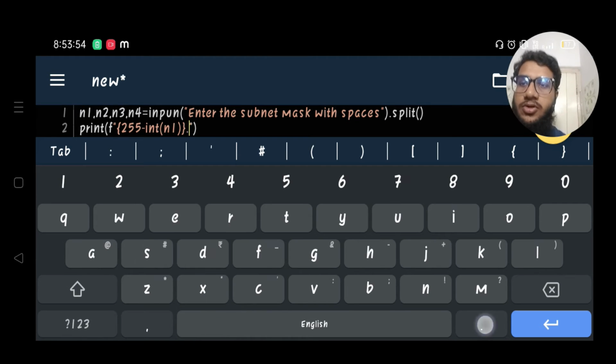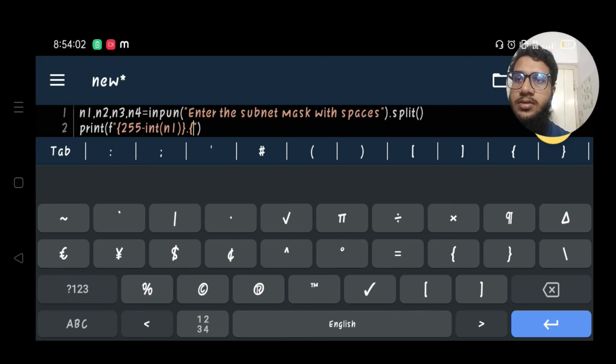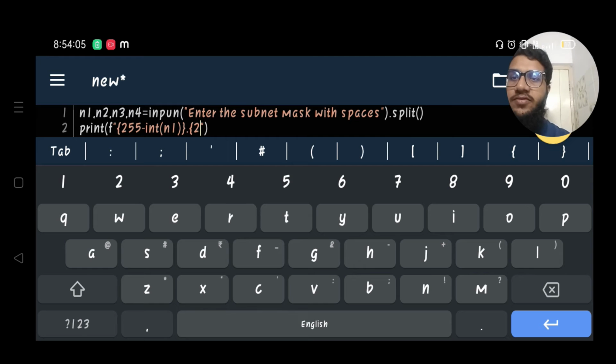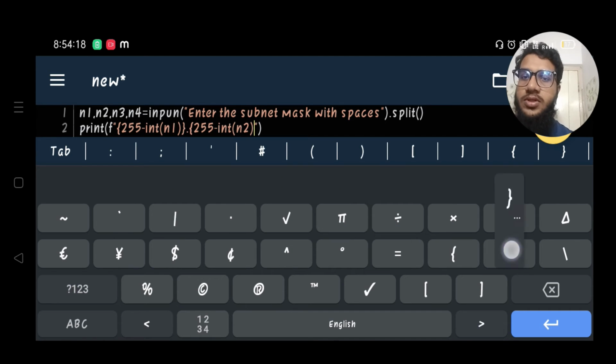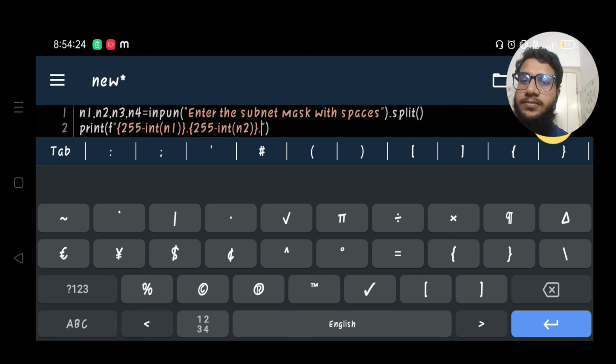After that I'll put one dot, then within the curly braces 255 minus int of n2, bracket close, then curly braces also close, then full stop, then again open curly braces.